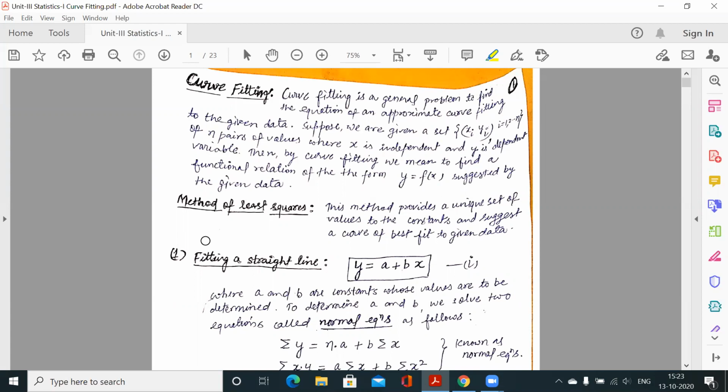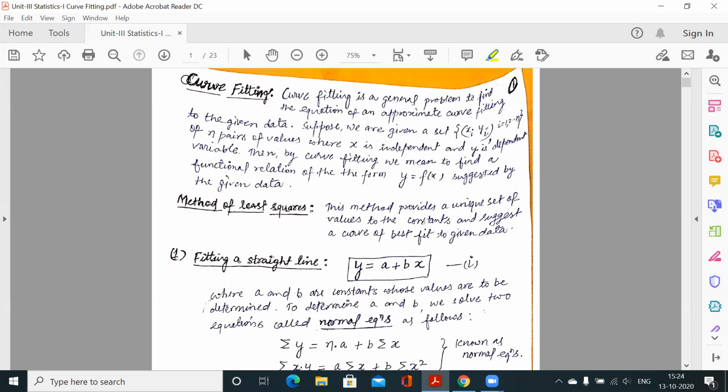In this syllabus you have 5 units. The first and second units are from partial differential equations, and the third, fourth and fifth units are from statistics. So this is the first part of statistics, unit 3. In this unit, we have to study curve fitting and the measures of central tendency, that is the mean, mode, median, skewness, kurtosis, correlation, and next regression. So these topics we have to cover in this unit.